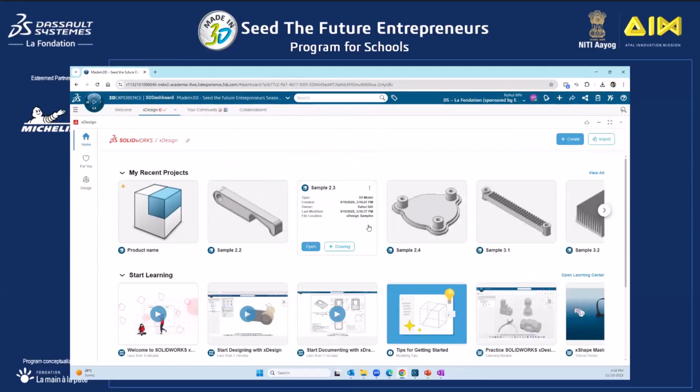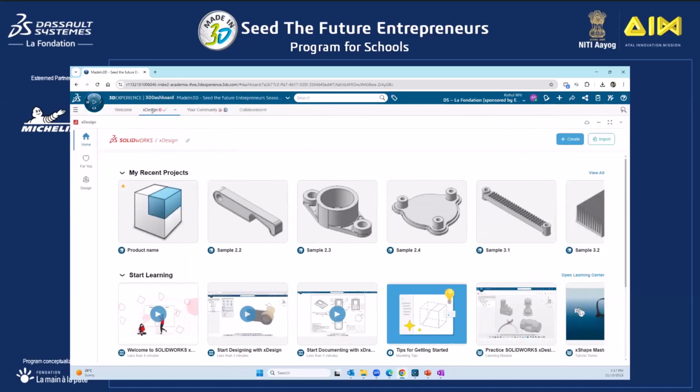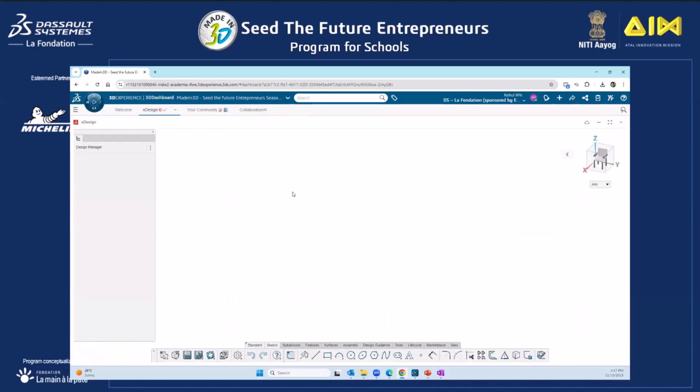So first we will open your tenant. In the tenant, you need to go to your Made in 3D dashboard. There you can find the XDesign tab, and there you can start working in XDesign. So first you need to create a new part. Just like you create a part, to create an assembly also, you need to create a new physical product. So when you create a new physical product, let me just refresh this tab